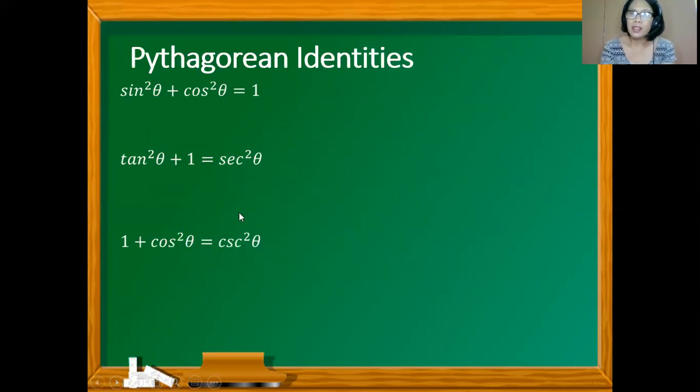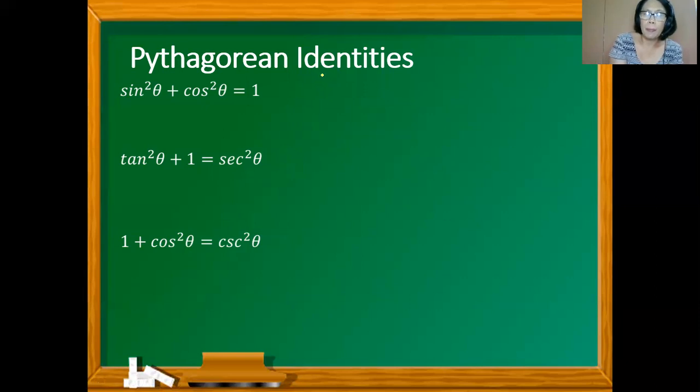Now, the Pythagorean identities can help us solve the missing values of trigonometric functions. And these are the three Pythagorean identities. So we have sine squared theta plus cosine squared theta equals 1. Now, these identities were derived from the ratio of each sine, cosine, and tangent. For example,